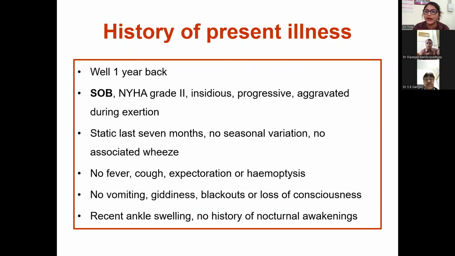Now, the patient was apparently well 1 year back, following which he developed shortness of breath, which was insidious in onset, NYHA grade 2, initially progressed to NYHA grade 3 over a period of 3 months, and then static for the last 7 months, aggravated during exertion, and there is neither any seasonal variation nor any associated wheeze. No fever, cough, expectoration or hemoptysis, no vomiting, giddiness, blackouts or loss of consciousness. The patient had recent bilateral ankle swelling and no history of